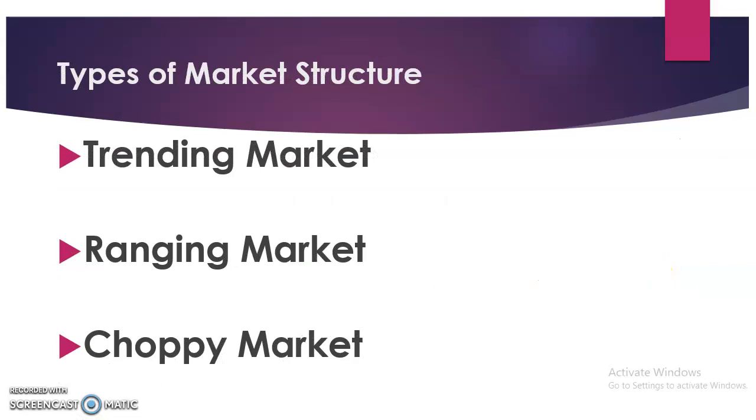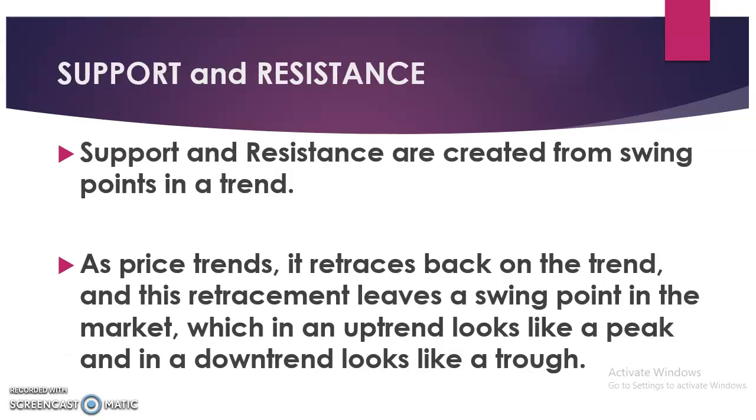Now from there we're going to be talking about types of market structure. We have three major types of market structure: trending market, ranging market, and choppy market. We are going to cover everything as we go on. But just before we go into the types of those markets,